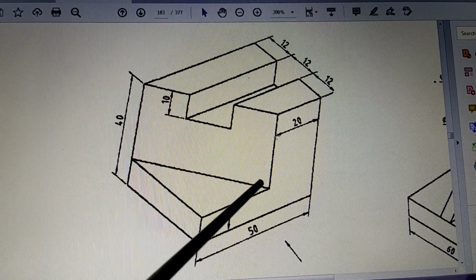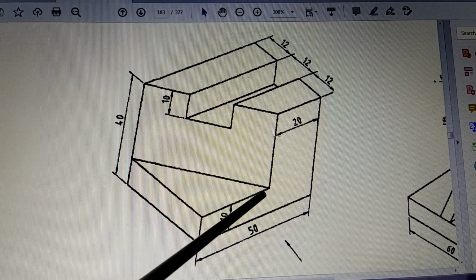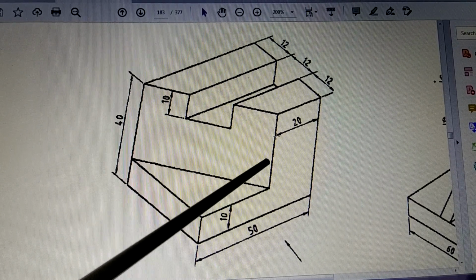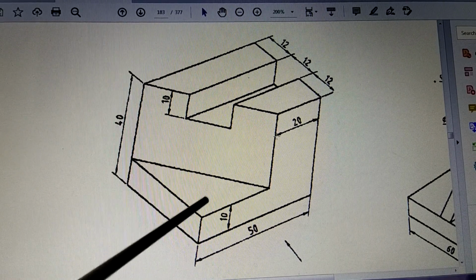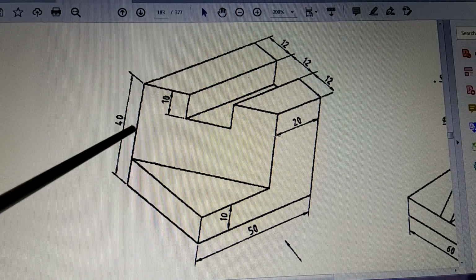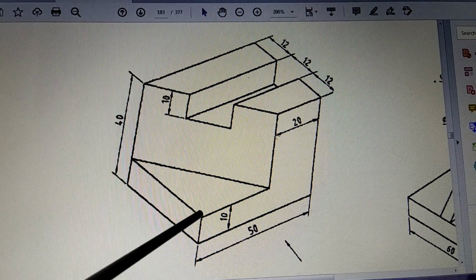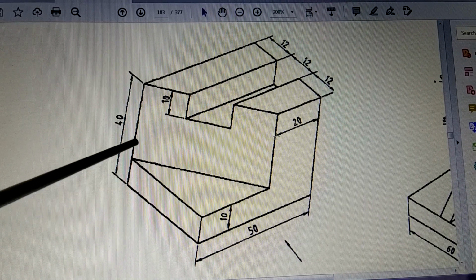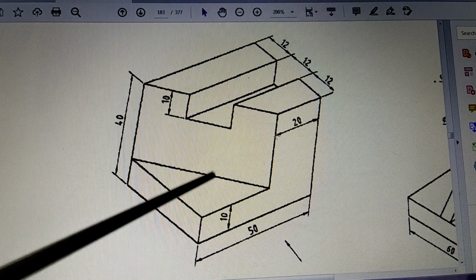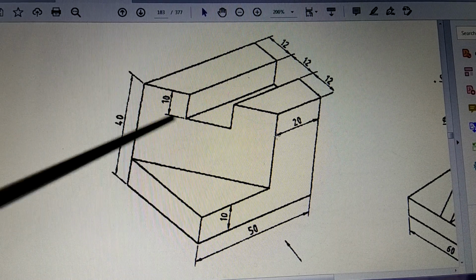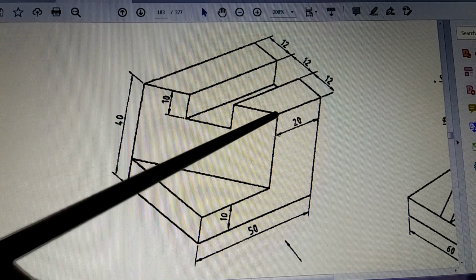when you see that, you will find, say, suppose the distance is given as 20 and this is 50, therefore this is 30. So at a distance of 30 you draw this vertical line, and on this side also you have to draw a vertical line, because this vertical line is nothing but this edge. So this edge will be in the same line with this line. So one line, and after that the next line is this. So you draw these two lines at the same level like this from this point, and the total height will be 40. So once you draw that, then the next line will be where?